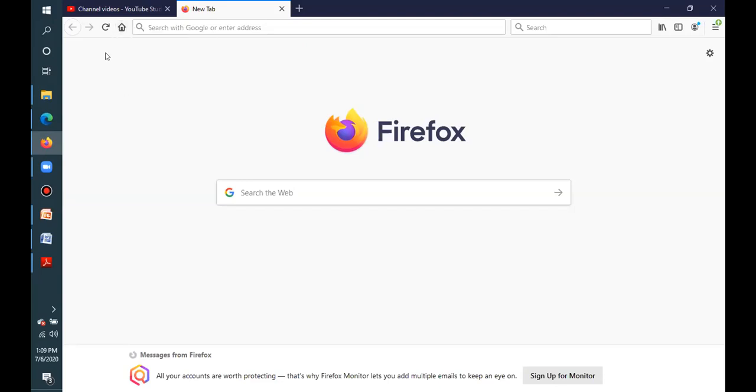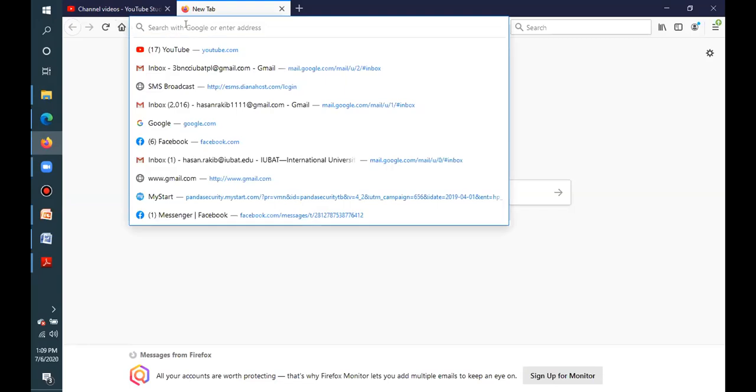Then beside this home page, we have, what is this called? Search bar. Okay, all right. So here we can write down our desired website link. If I want to visit Facebook, I can write www.facebook.com. If I want to visit Google, www.google.com. If I want to visit YouTube, youtube.com. In this way, whichever website you would like to visit, you can write down that URL, and your browser will take you to that website.